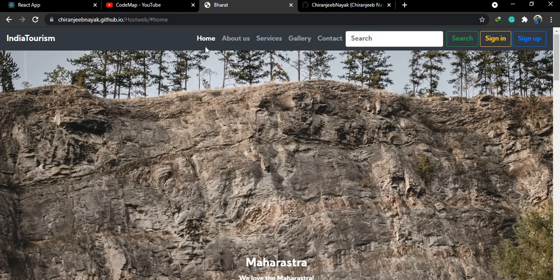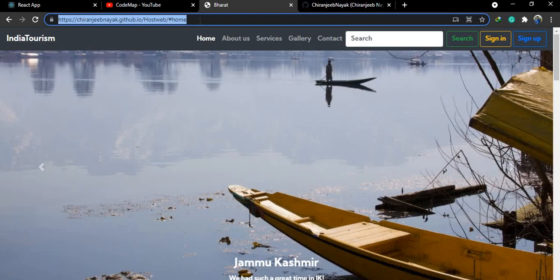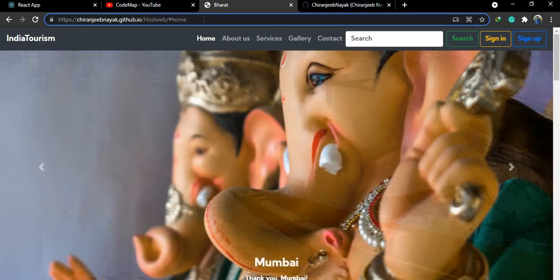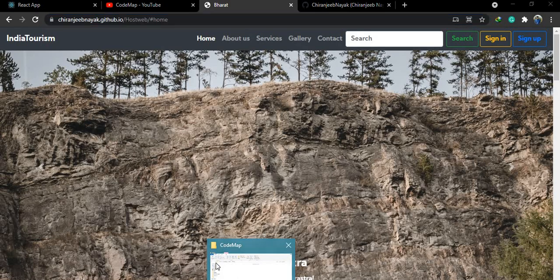Now you can see this website is already hosted on the internet, so you can share it with your friends. But let's say this website is on your PC, which you have made.